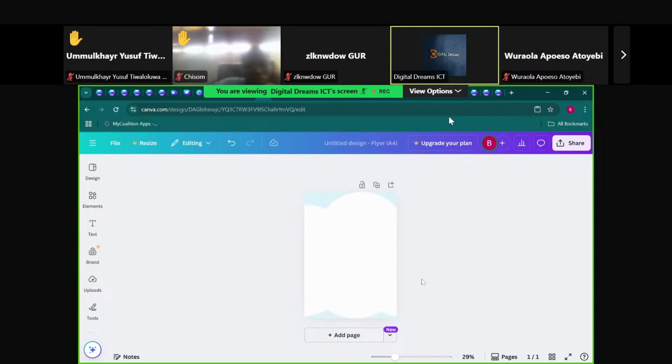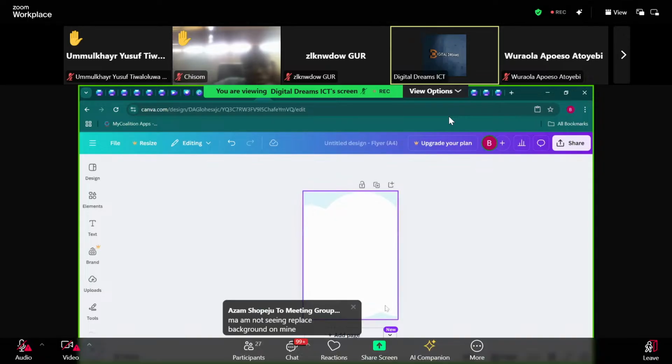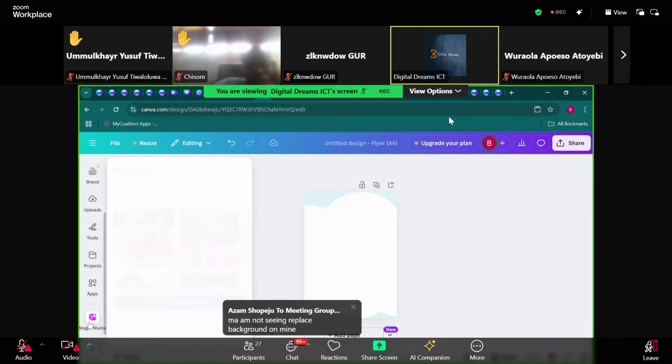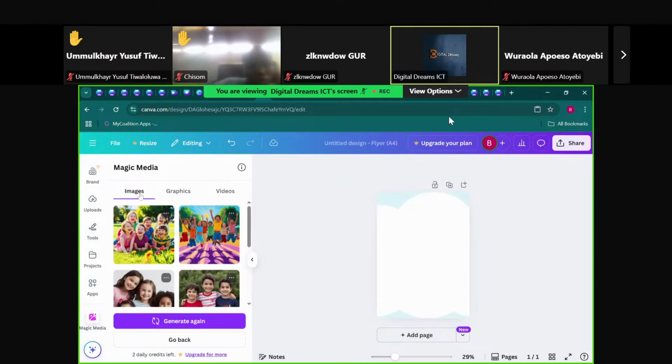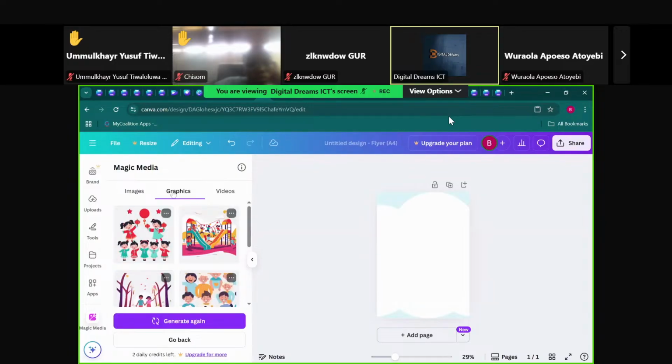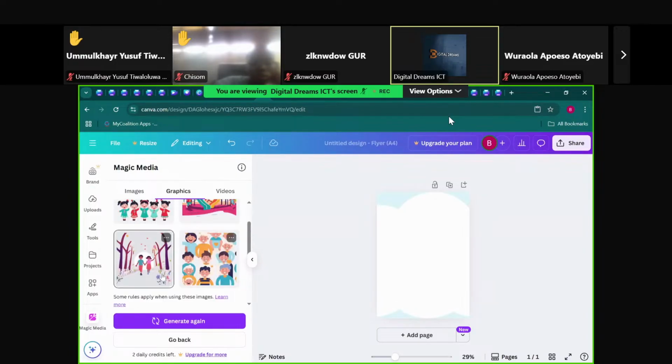So now that we have set up our background, the next thing we want to do is to put the image. Okay, so you come to the Canva AI by scrolling down. You will see Magic Media. So click on the Magic Media. Then you see images, graphics, and video. Click on graphics. Make sure you're on graphics. So click on graphics and then